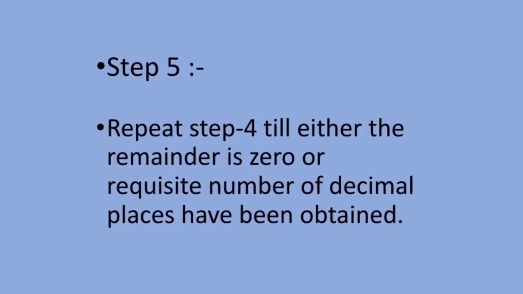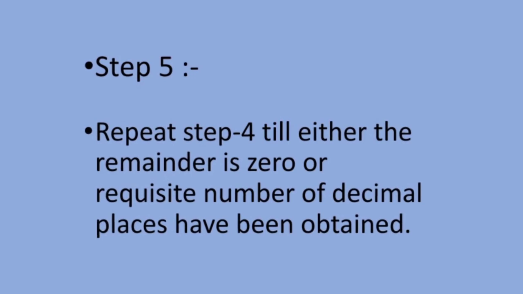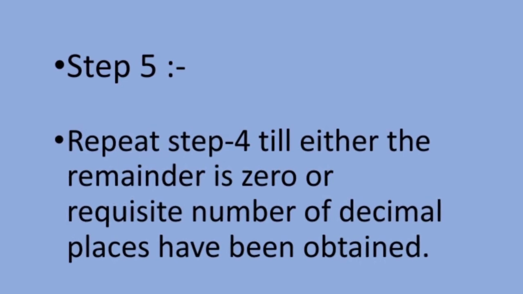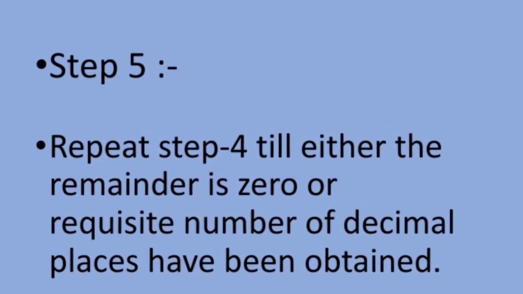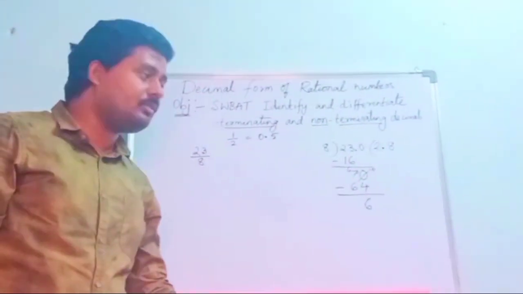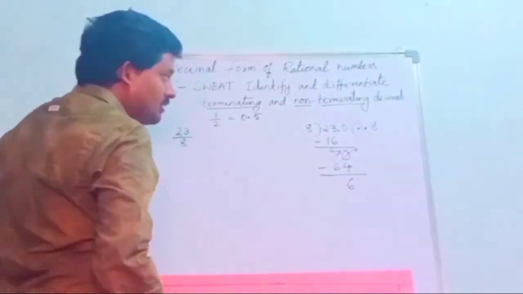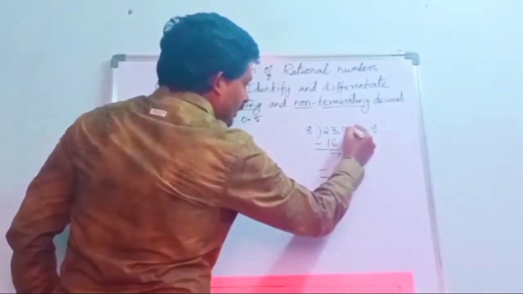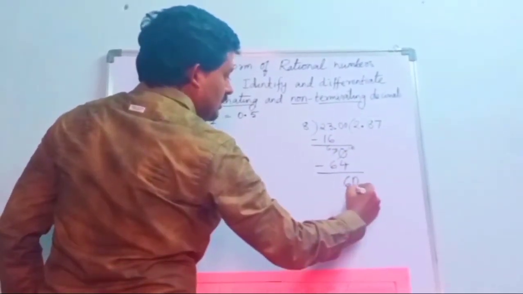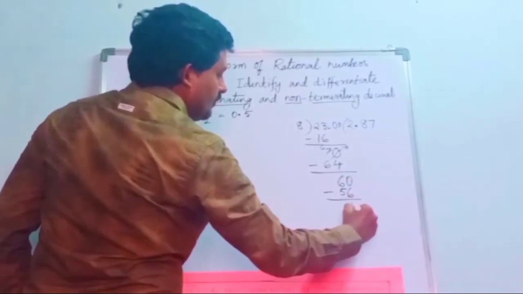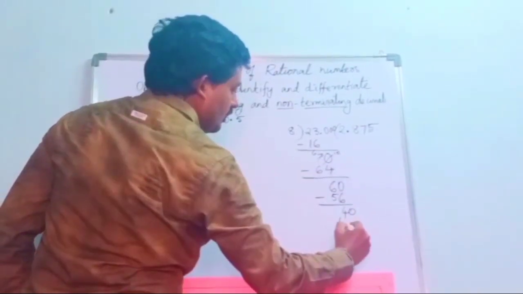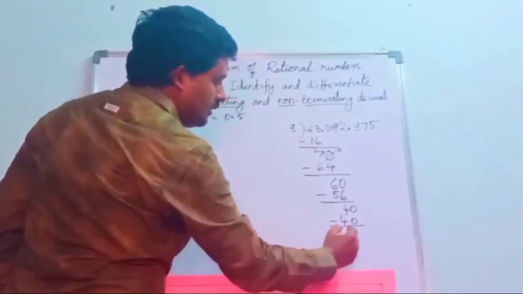What is step 5? Step 5 says repeat step 4 till either the remainder is 0 or the requisite number of decimal places have been obtained. So we will try to divide this till our decimal number ends, or we have the required number of decimal places. So we'll continue the process. So point 0 we have kept here, 0 here. 8 7s is 56. Do subtraction, you will get 4. One more 0, 0 here. 8 5s, 40. Now if you do subtraction, you will get the remainder as